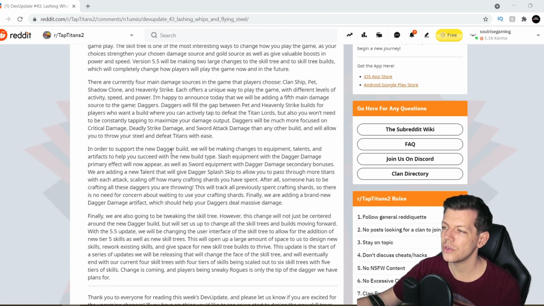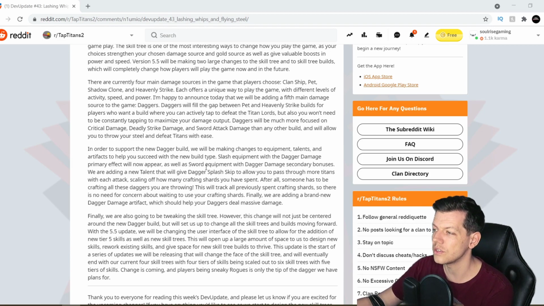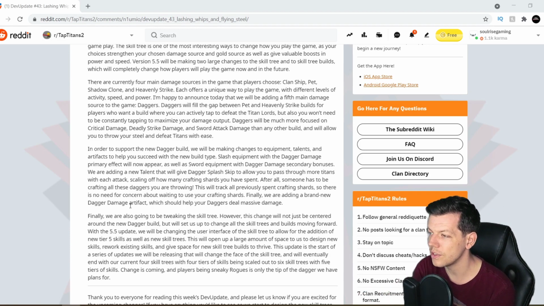In order to support the new Dagger build, we're making changes to equipment, talents and artifacts to help you succeed with the new build type. Slash equipment with Dagger damage primary effect will now appear, as well as sword equipment with Dagger damage secondary bonuses, and we're adding a new talent with the Dagger smash skill, which allows you to pass through more Titans with each attack. Scaling off how many crafting...